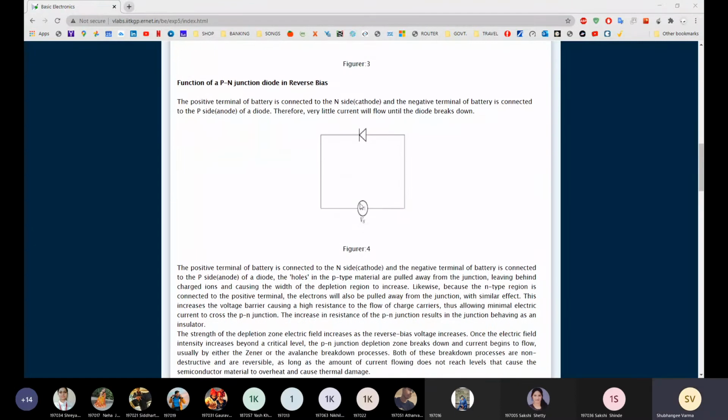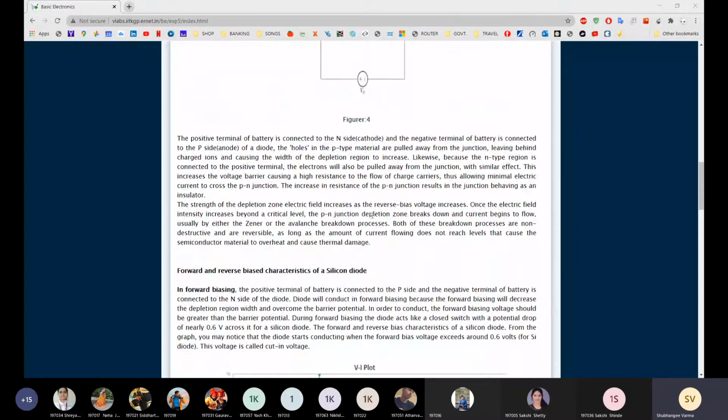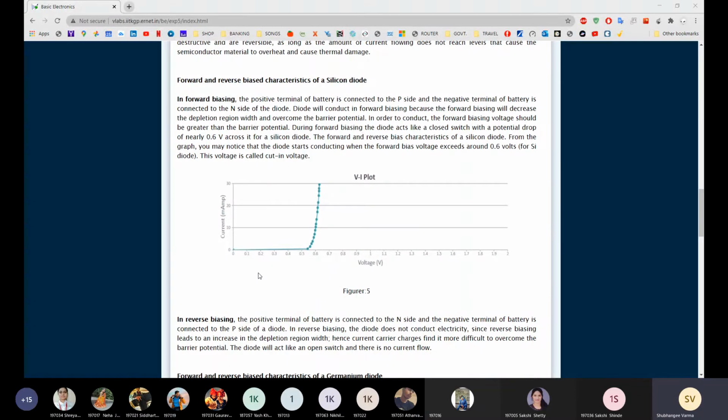Here, current flows due to minority charge carriers in reverse bias, and the depletion region increases, and very little current flows through the diode. In silicon diode nearly zero current flows, but in germanium you will get a very small current in reverse bias, in the microampere range. This is the forward characteristic we have seen, students.